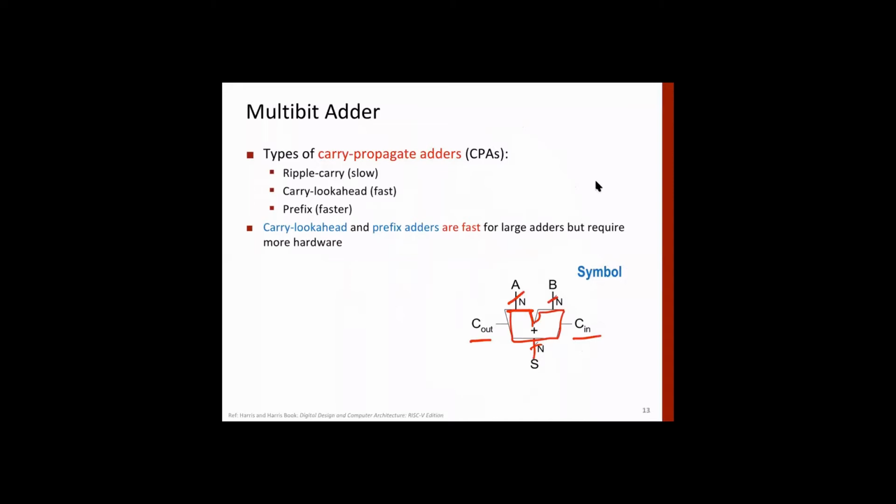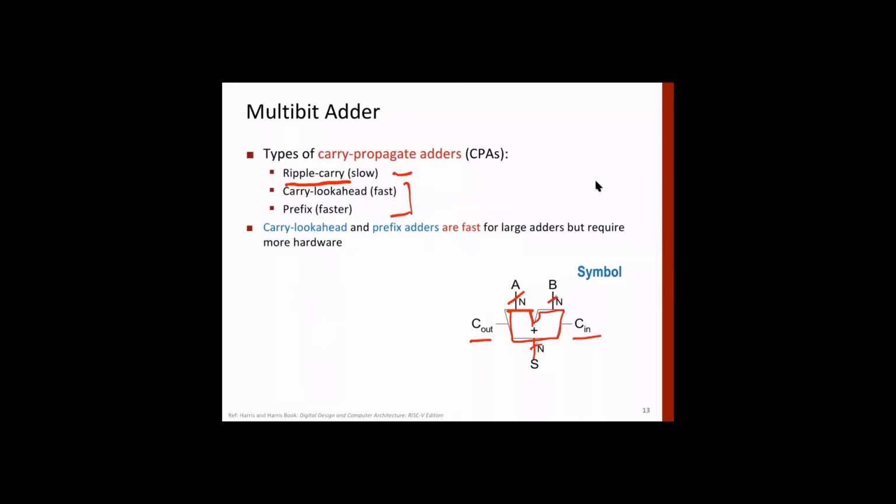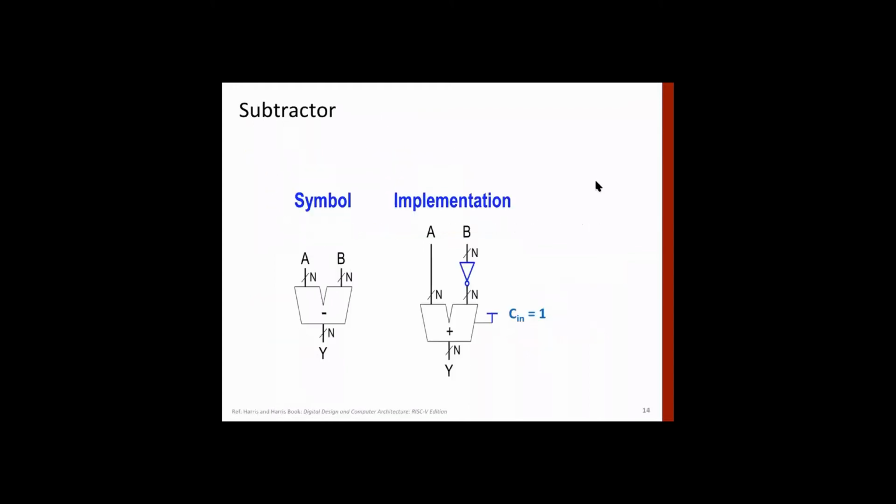There are various kinds of adders you would have studied. Simplest is of course the ripple carry adder, which is the slowest one, and then these 2 adders, carry look ahead and prefix, are generally used in the design of the ALU. These are faster, but it means they may require more hardware, so that could be a cost issue. All right. So what we have completed now is muxes and adder, and next is subtract. Subtraction, as you know, we can do by addition.